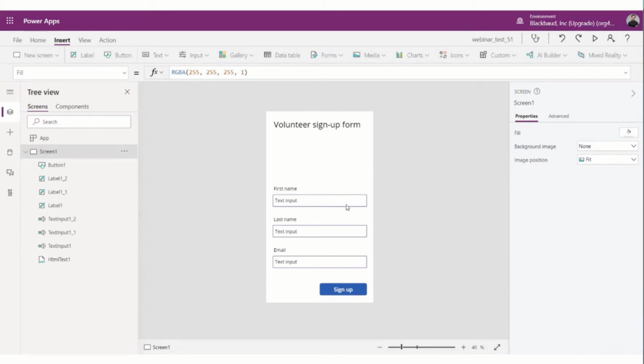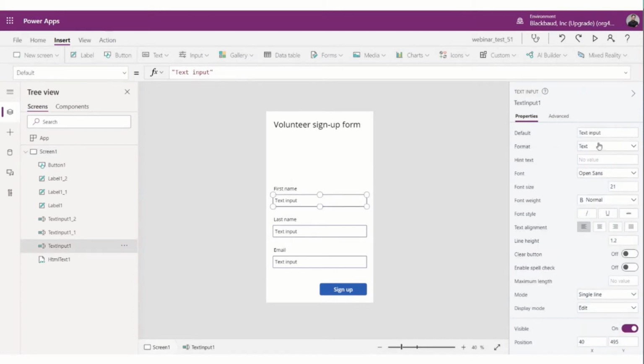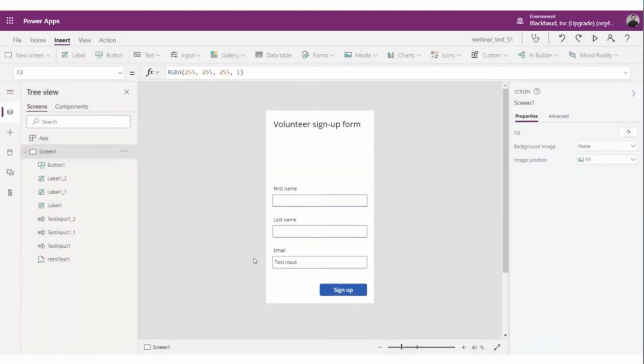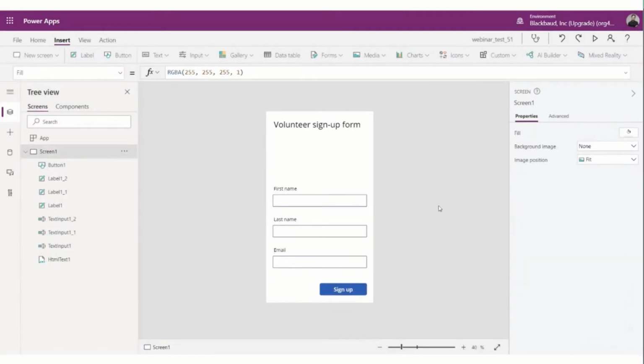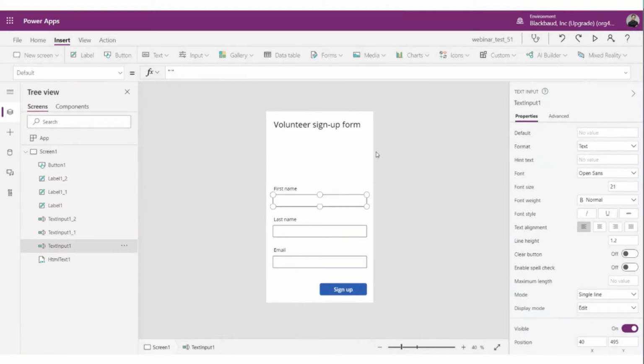I'm going to make 2 small tweaks just to make it a little bit easier to use. One, we don't need that text input because that's actually what somebody will see on the screen. So we don't need any default text there. I think that just makes it confusing. And we're also going to change the names of these input fields. And we're doing that for later. It's just going to be confusing to remember text input 1 is first name, text input 1-1 is last name. It's a lot easier just to do first name input, last name input, and email input.